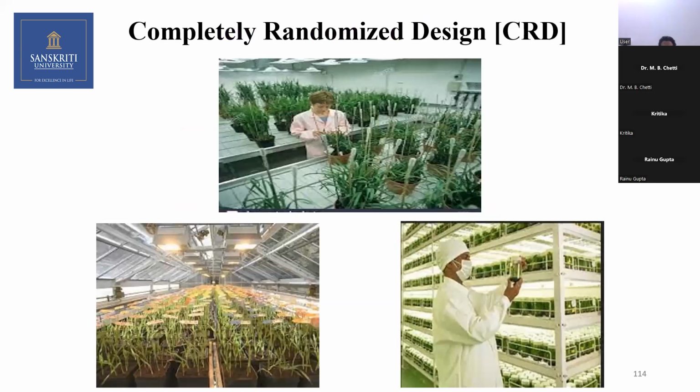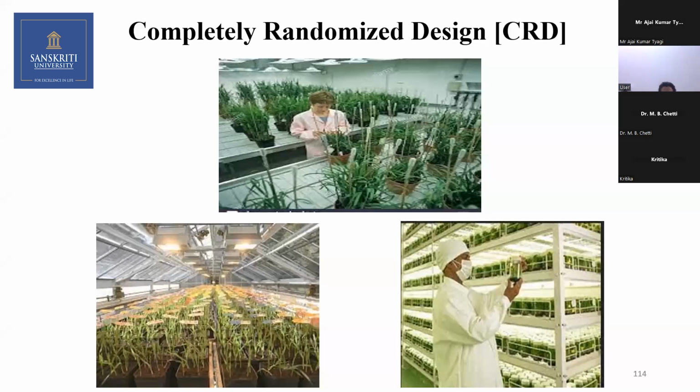Now, this is a completely randomized design. This is usually used under laboratory conditions. One of the assumptions is that all the units are homogeneous. You cannot control this in the outside field, only in the laboratory. Like in biotechnology, you can control. In the medical lab, you can control. In the greenhouse, you can control. You can see these pictures. All of these are used in agriculture under the greenhouse, or biotechnology, or medical hospitals, where the units are homogeneous.